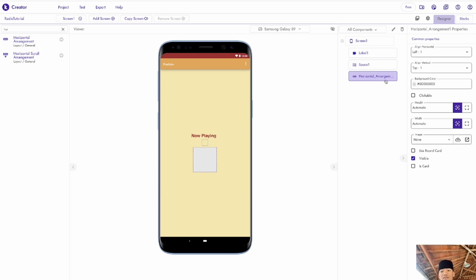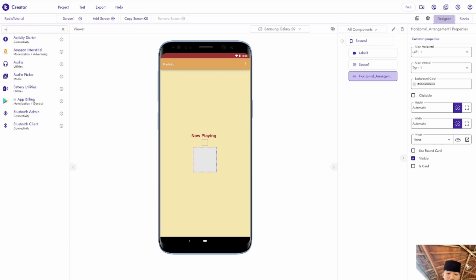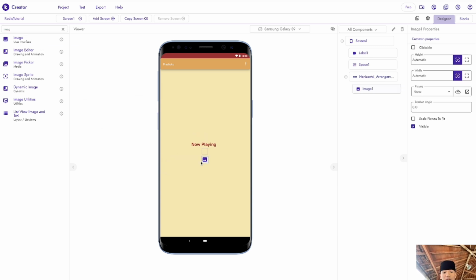The next thing is, after we got the horizontal arrangement, we're going to need some images. So type image down there, and we're going to put the first image, then the second image there, then the third image there.